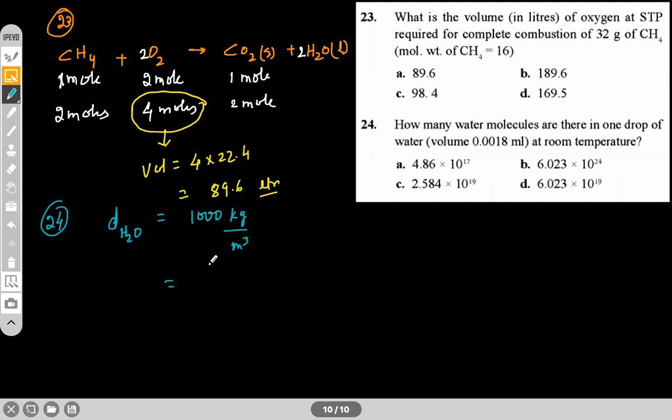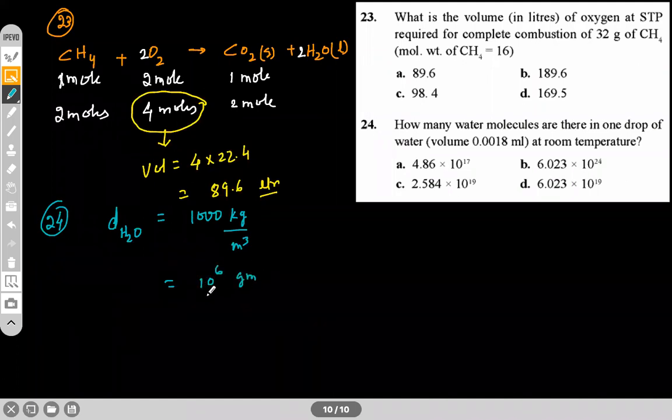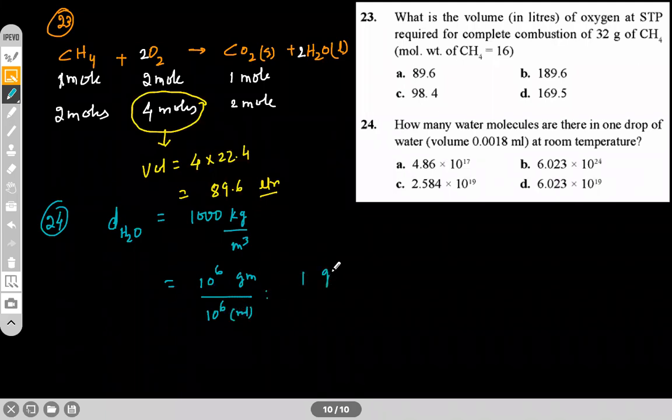Okay, which we can further write as 10 to the power 6 gram divided by meter cube, which is 1000 liter, and 1000 liter is 10 to the power 6 ml. So what we can write, 1 gram per ml is its density,